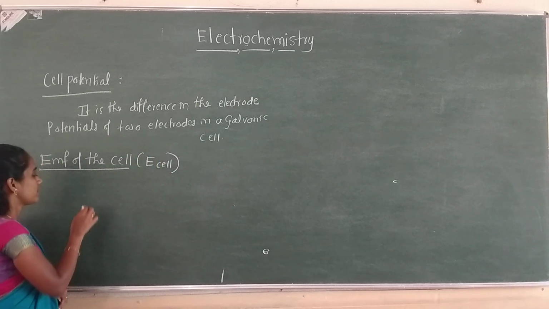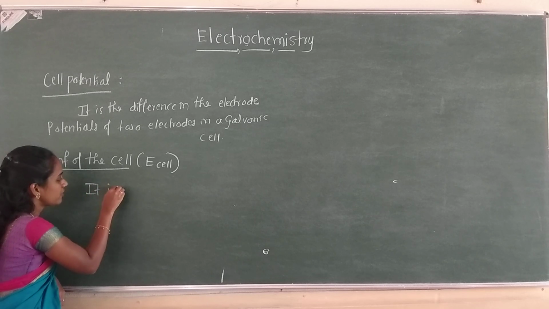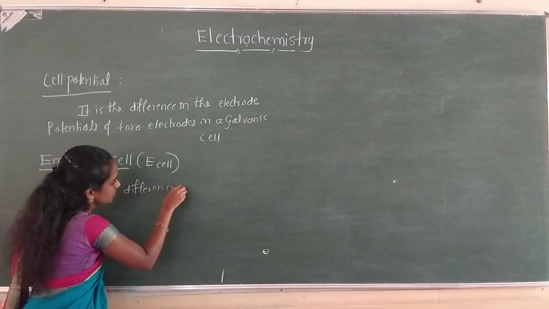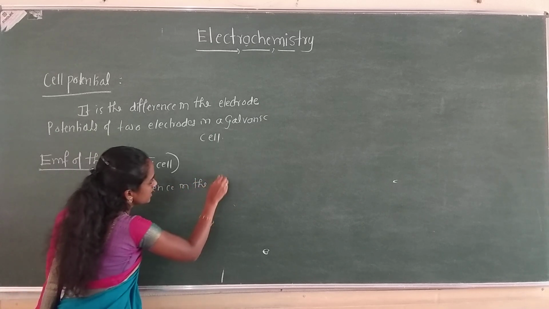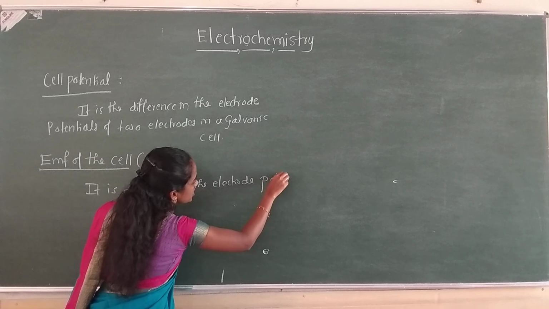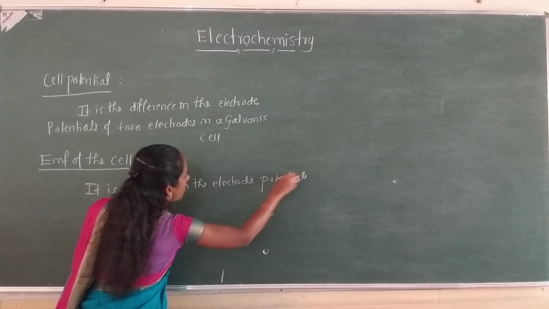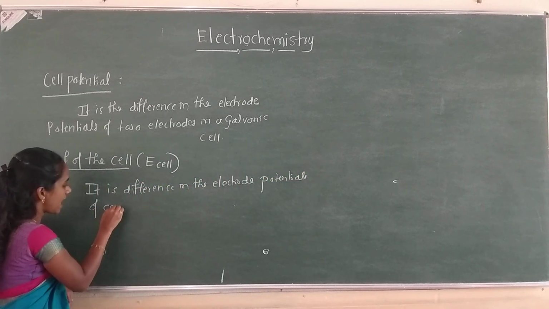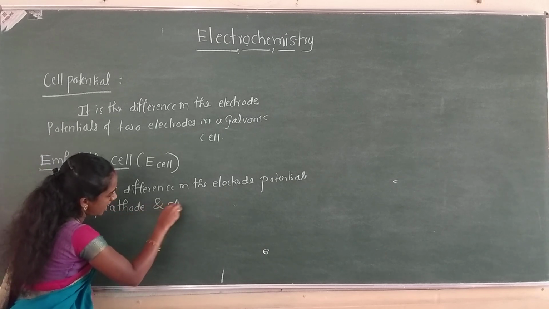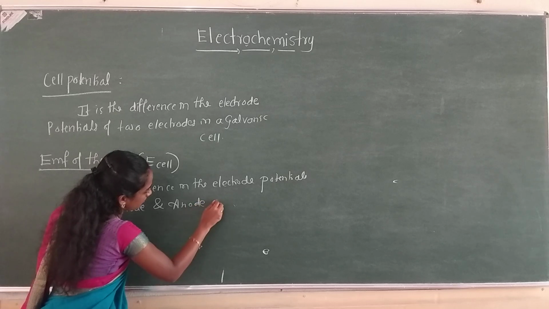So what is EMF of the cell? It is a difference in the electrode potentials of cathode and anode of a cell